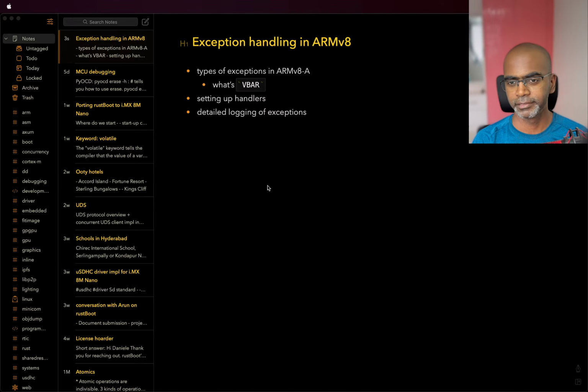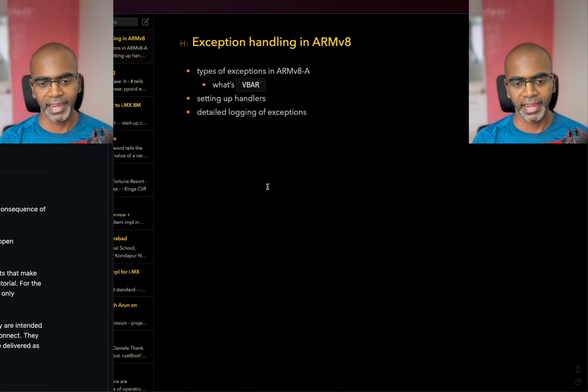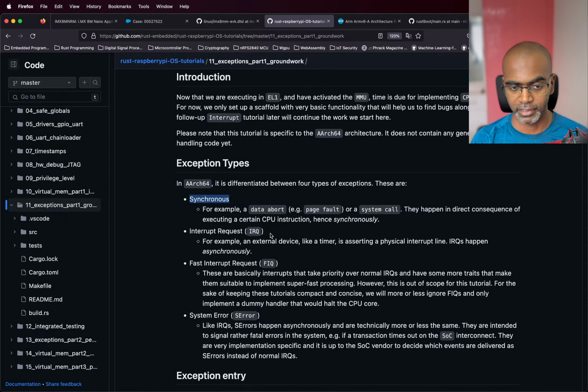Okay, I'm guessing it should be pretty straightforward because we've dealt with Cortex-M. We kept calling them exception vectors, same word anyway. Or rather handlers, which is the same thing anyway. All right, so if you look at the ARMv8-A architecture, there's the synchronous exception, which basically means your code was